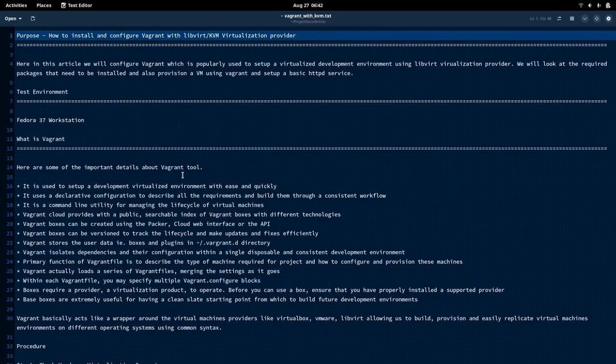Today we'll be looking at how we can install and configure Vagrant with libvirt KVM Virtualization provider. Okay, so here in this article we will try to see how we can install Vagrant and install the relevant software for virtualization platform, and we will try to configure Vagrant using libvirt as a virtualization provider to launch the